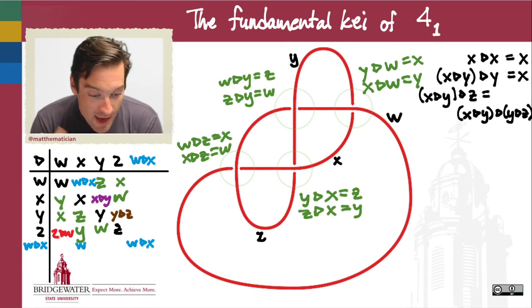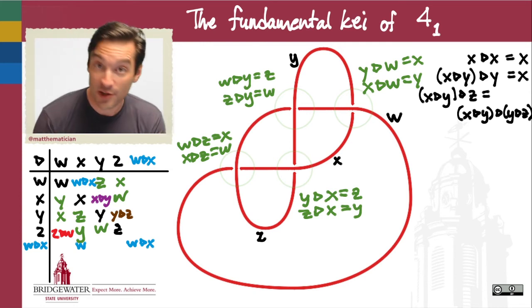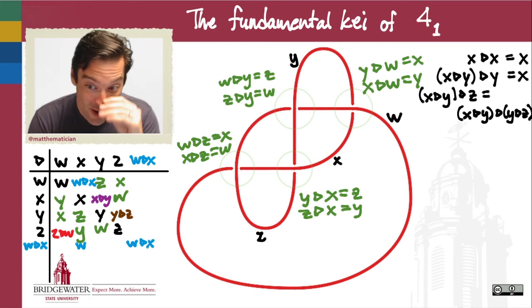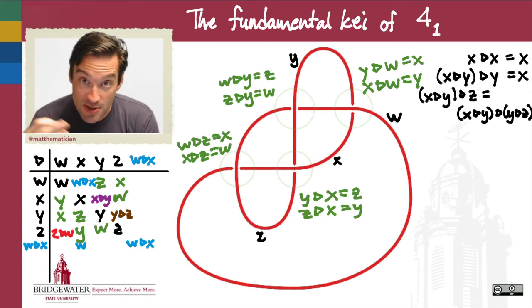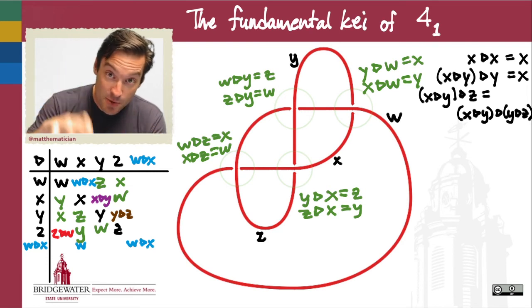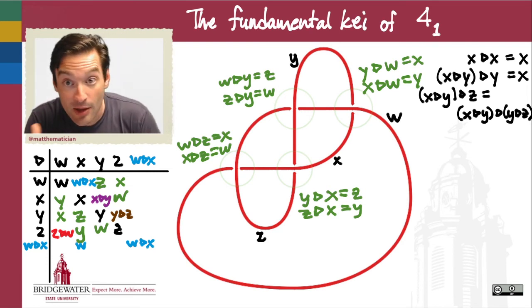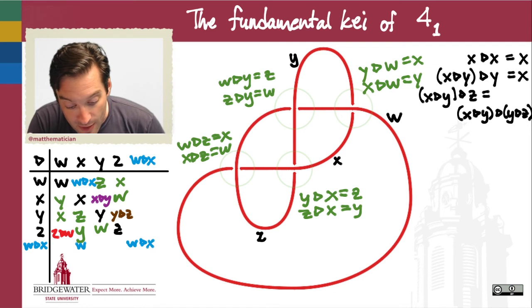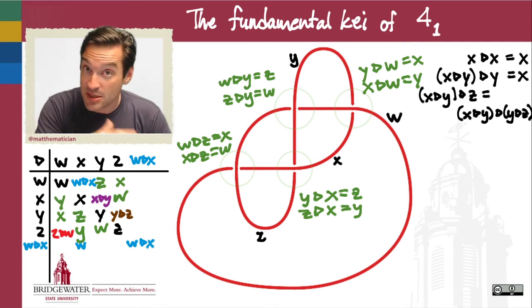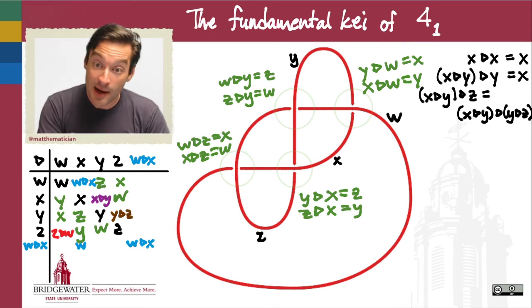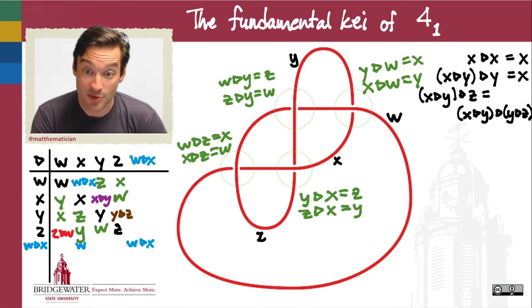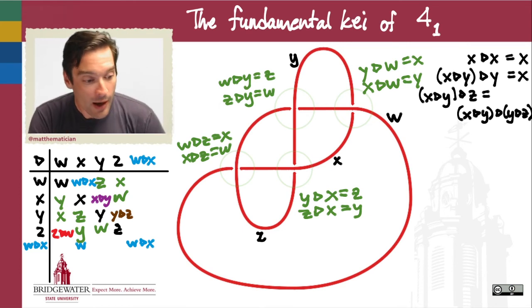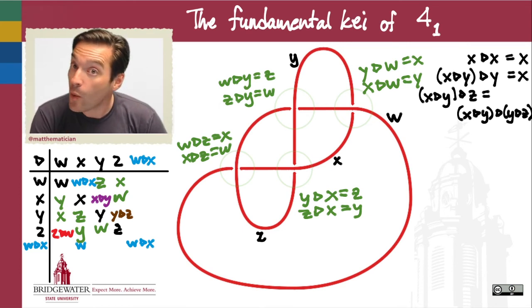If we do that, the Kei operation turns into what's called a quandle, which is my favorite word probably in all of knot theory. A quandle is just a Kei that you obtain by using an oriented knot diagram instead of an unoriented knot diagram. And because adding that orientation gives us the ability to tell the difference between a knot and its mirror image, because then we'd be reversing the traffic flow in the mirror,